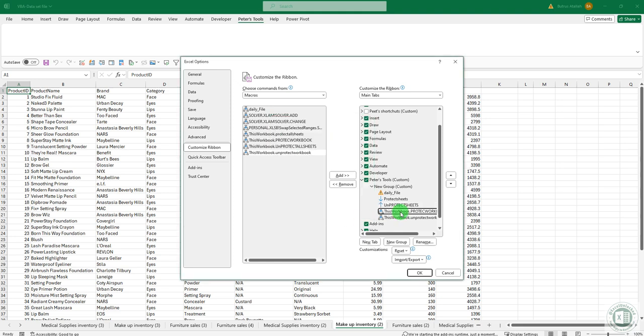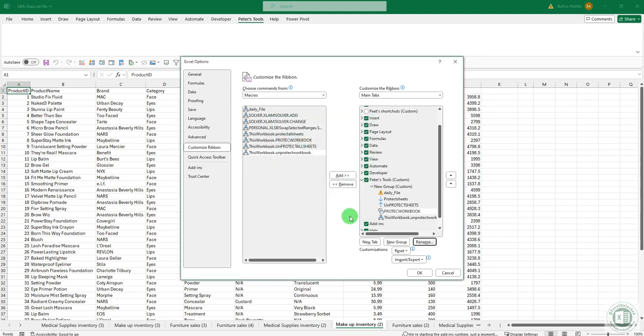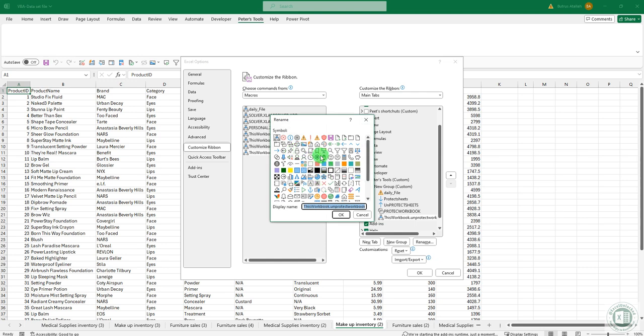Gonna use this icon. Protect workbook and unprotect workbook. Gonna change this one to proper.